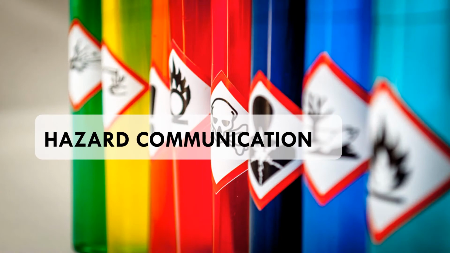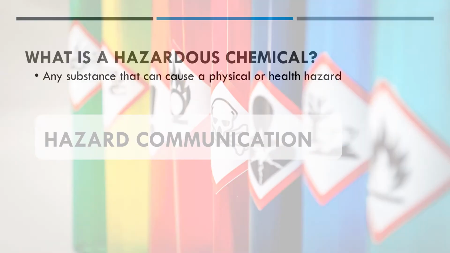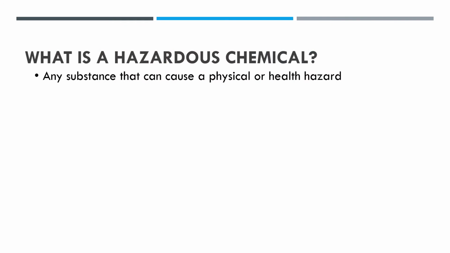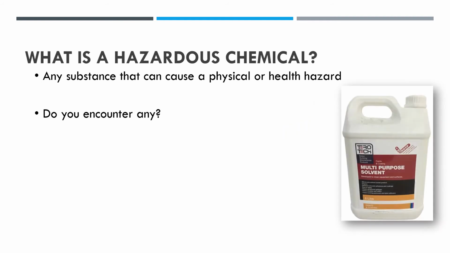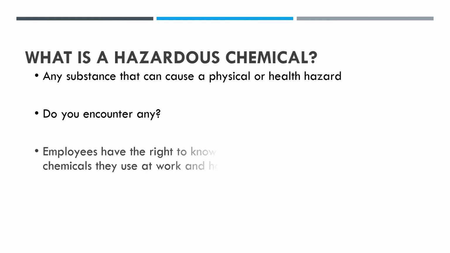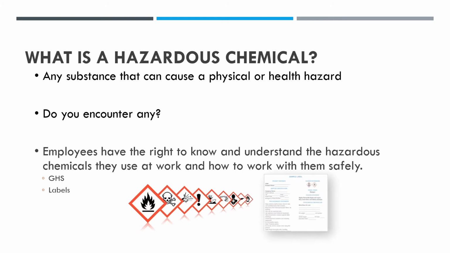Hazard communication. A hazardous chemical is defined as any substance that can cause a physical or health hazard. What types of hazardous chemicals do you encounter? Gasoline, cleaning chemicals, solvents, and other chemicals used as part of the production process can fall under the Hazard Communication